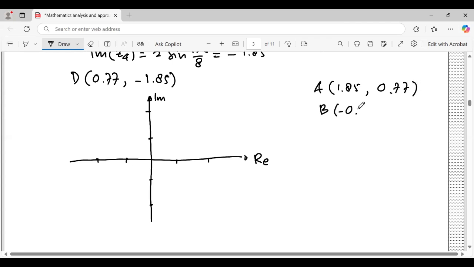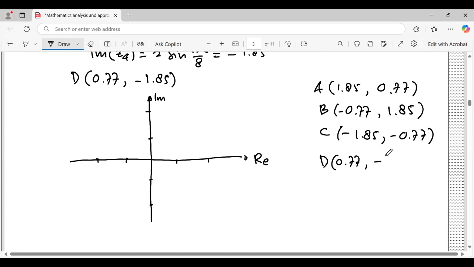B is minus 0.77, 1.85. C is minus 1.85, comma, minus 0.77. D,